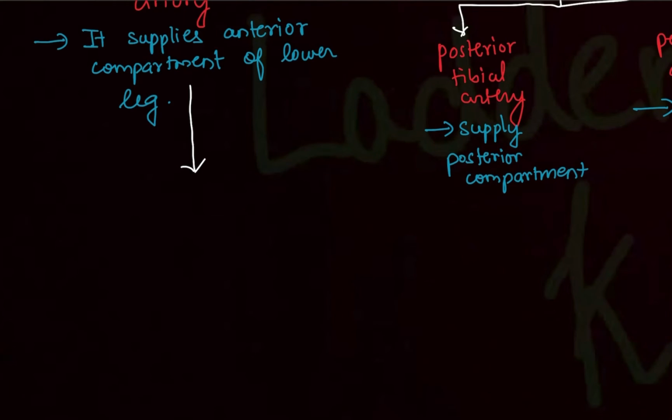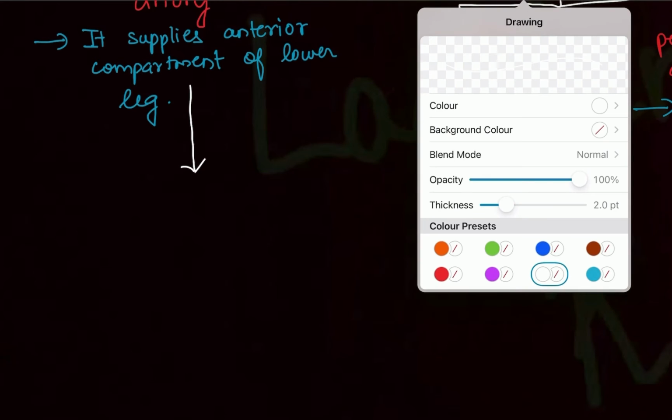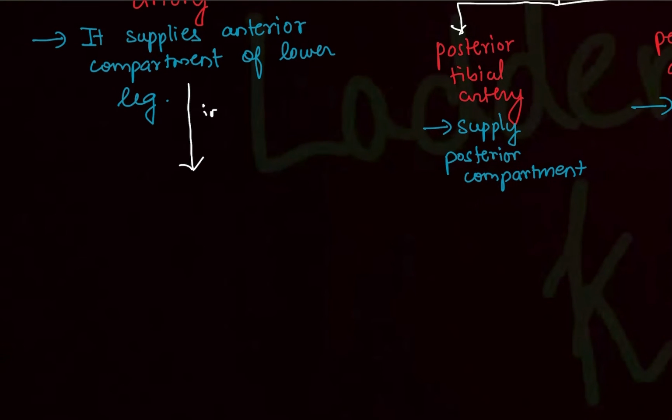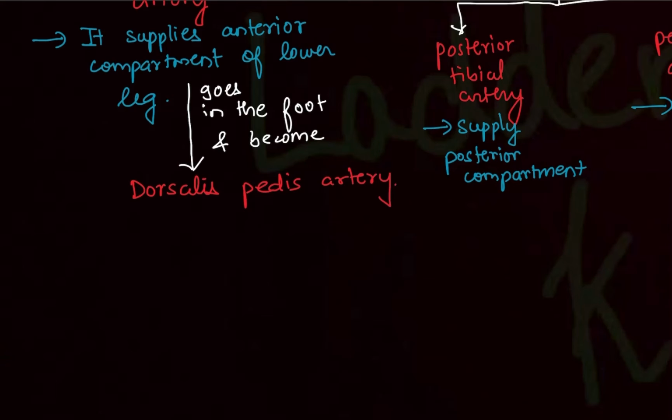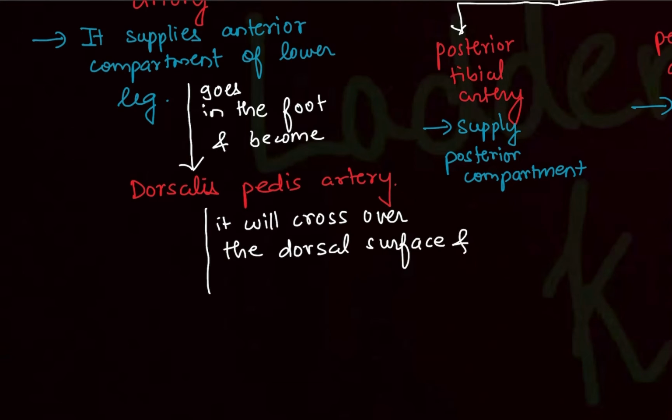This anterior tibial artery further will go in the foot. Write down, goes in the foot and becomes the dorsalis pedis artery. Now the dorsalis pedis artery, its English translation is, dorsalis is the dorsal surface of the foot, pedis means foot. So it will supply the dorsal surface of the foot. Now this dorsalis pedis artery further, write down, will cross over the dorsal surface and enter the sole of the foot